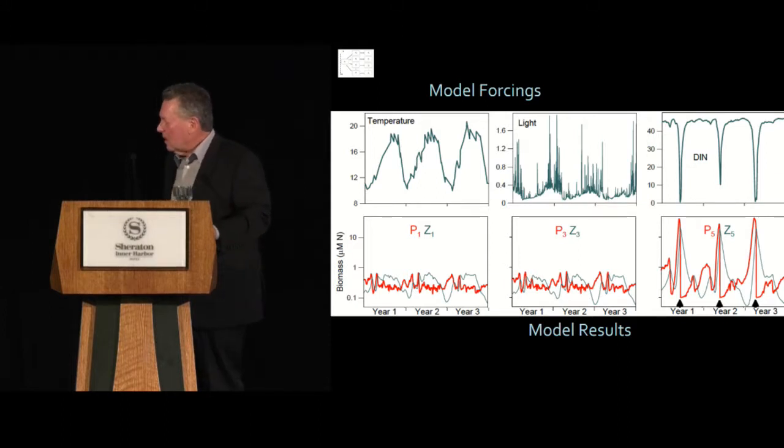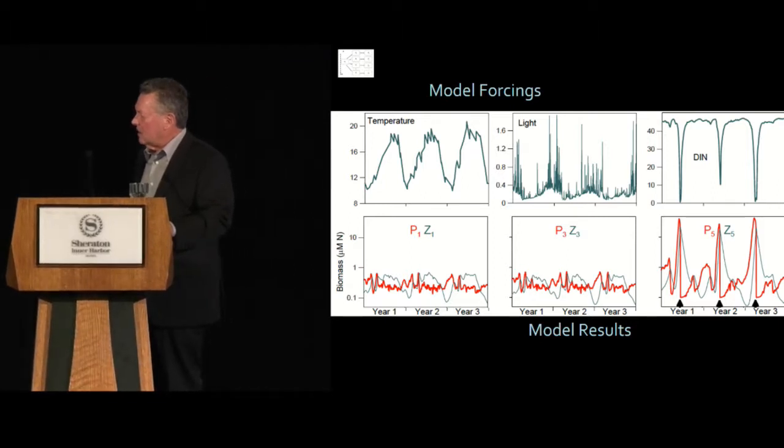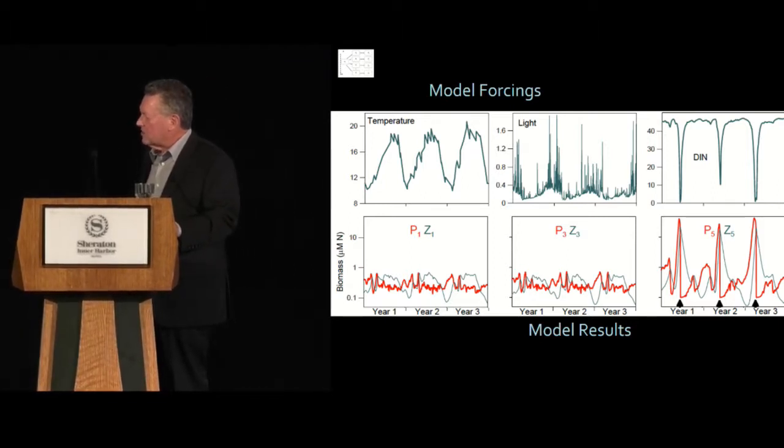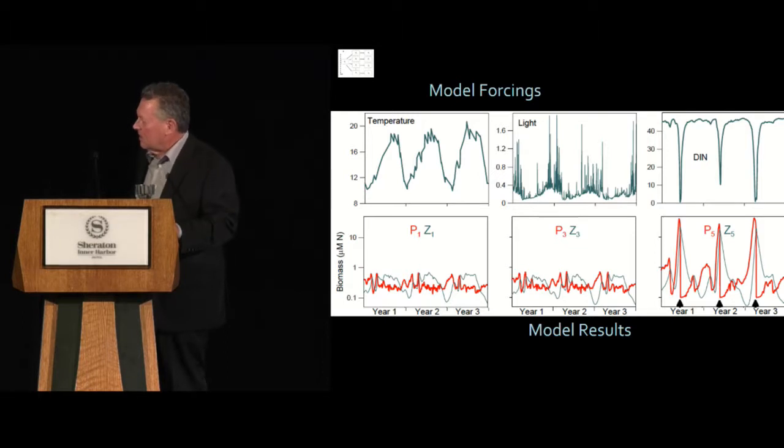So the bottom 3 panels show the time series of simulated biomass of the smallest phytoplankton and zooplankton component of the system. So the red lines are the simulated biomass of phytoplankton. The green lines, I'm not even sure if you can see them, are the simulated biomass of zooplankton. This panel in the middle is for the intermediate size class, and the panel to the right is for the